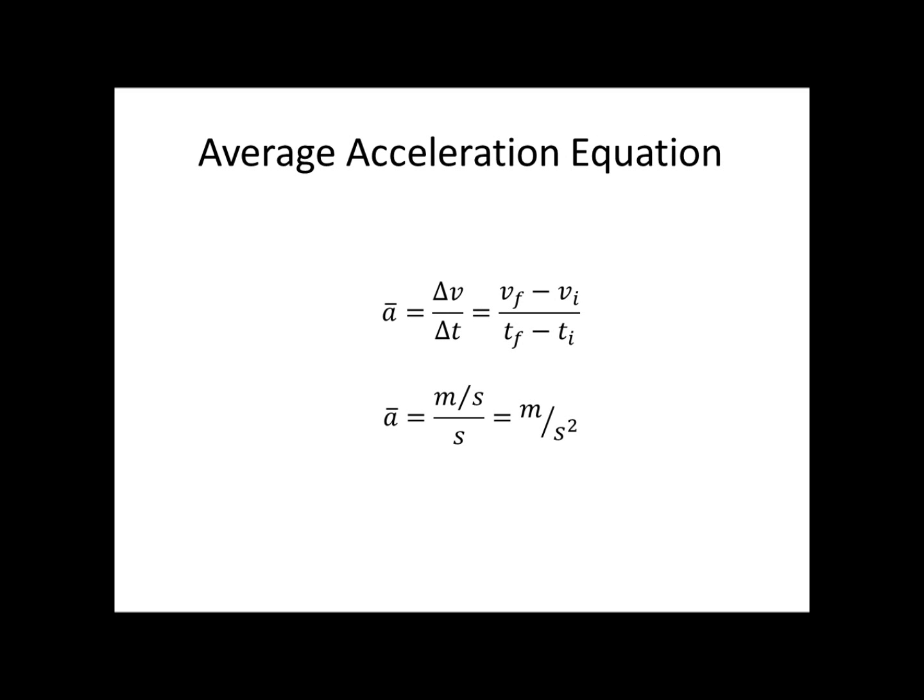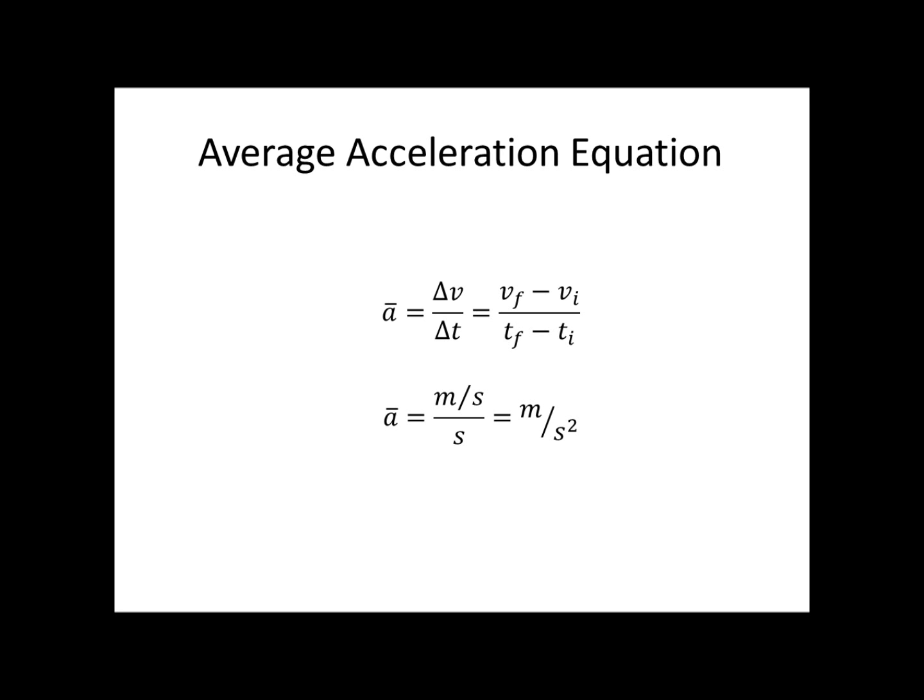Now, how do we find that average acceleration? Here's our equation. Acceleration, which by the way is a vector quantity, that's why the bar over the A, is equal to the change in velocity divided by the change in time. Now, whenever you're finding the change in something, you always go final minus initial. So we take our final velocity minus our initial velocity and divide it by our final time minus our initial